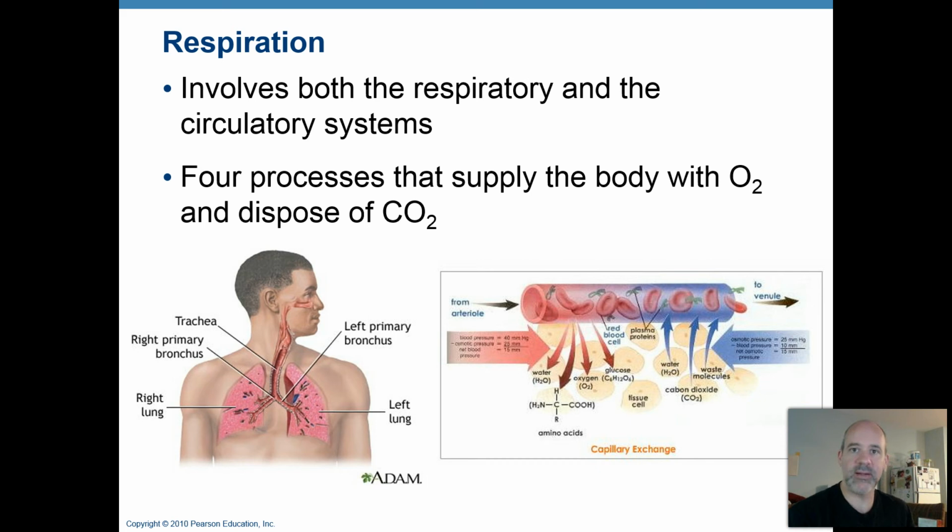All of your cells need oxygen gas in order to do cellular respiration, which is the process used by your cells to make ATP. That's the preferred energy molecule for carrying out all of the functions in cells, as you guys know, and as you have had preached to you throughout your A&P classes. So it is absolutely not true that most parts of the body don't have oxygen gas. That's the whole purpose, one of the main purposes of your bloodstream, is to deliver that oxygen gas all throughout